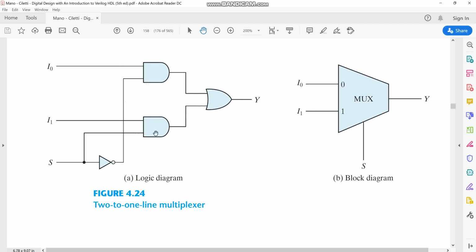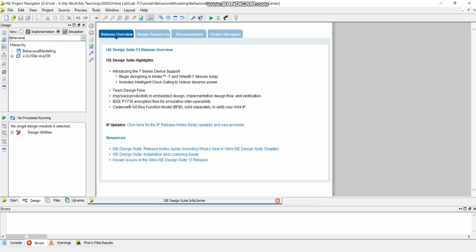circuit inside it. As we know, in behavioral modeling, we are not concerned with the circuit inside the module. We only describe the behavior of this module. The behavior of this module is: when this selection line S is 0, the input I0 will be selected on the output, and when this selection line S is 1, input I1 will be selected at the output. So let's write a Verilog code for this